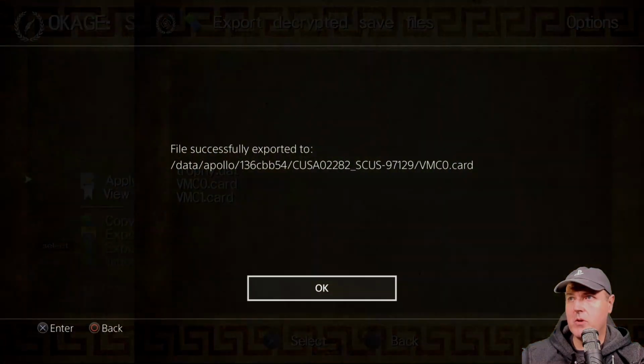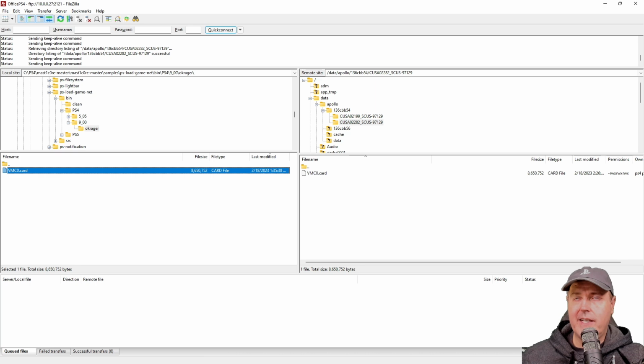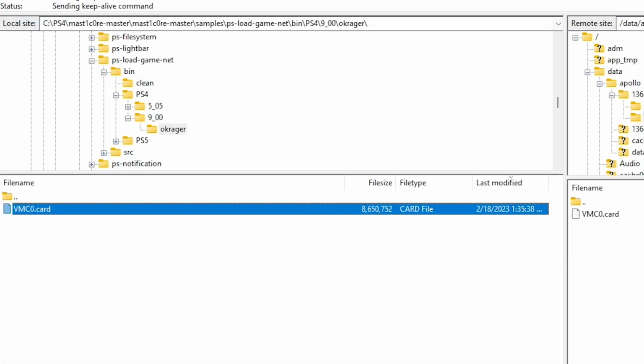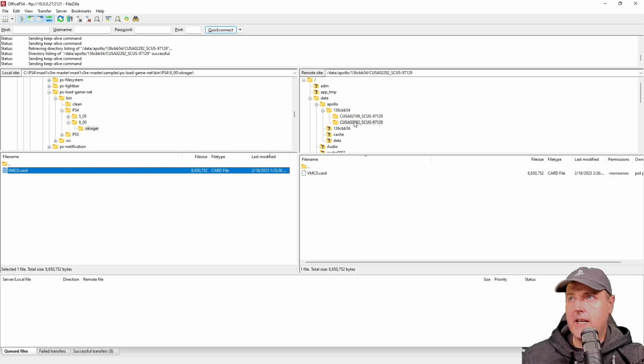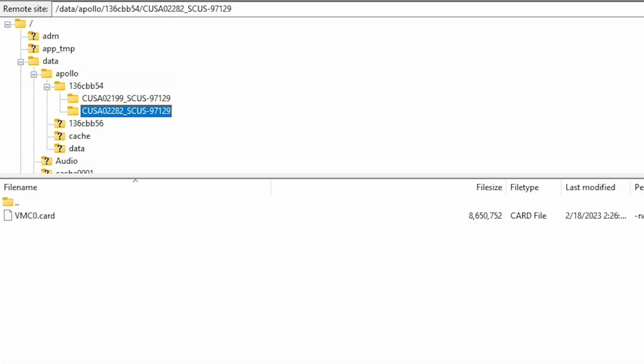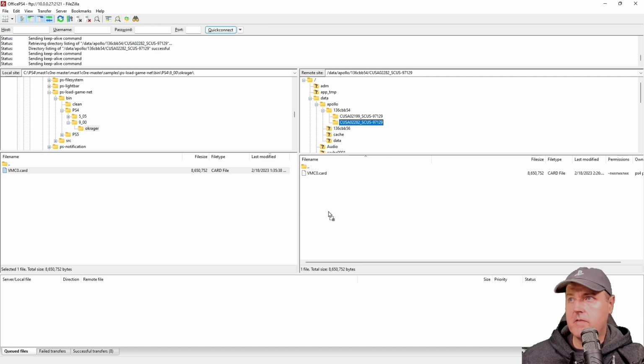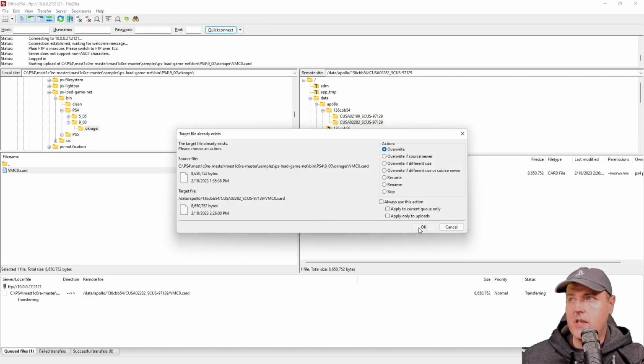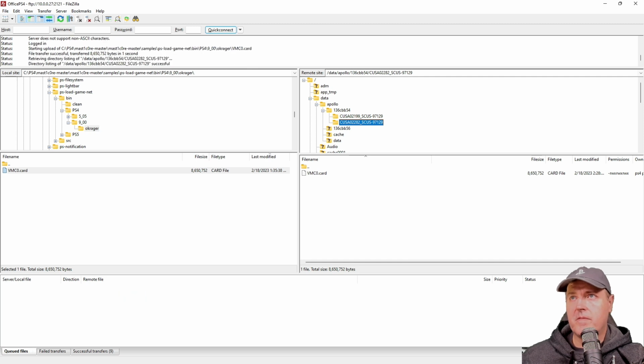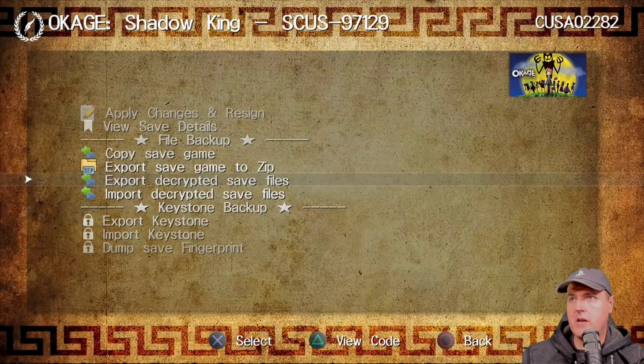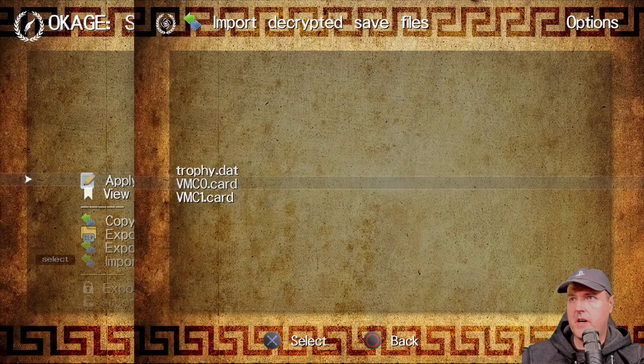VMC0.card. And now we'll switch over to our PC. I have connected to my PlayStation 4, and I am currently inside of this folder, and I've navigated on the remote site over to this directory right here, and I'm going to grab this .card file, and I'm just going to replace the one that was already on there. Okay, so now that that's complete, let's switch back to that PlayStation 4. And you would press OK here, and we're going to go to Import Decrypted Files, and we're going to select